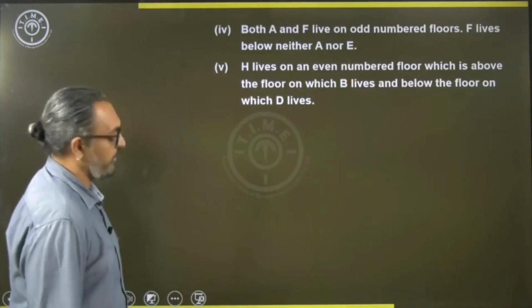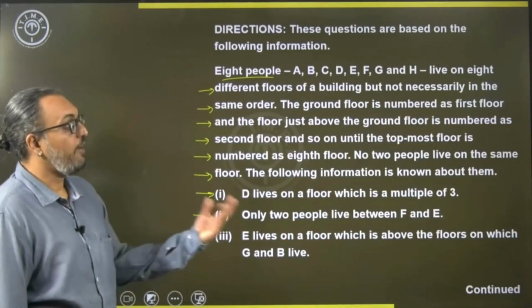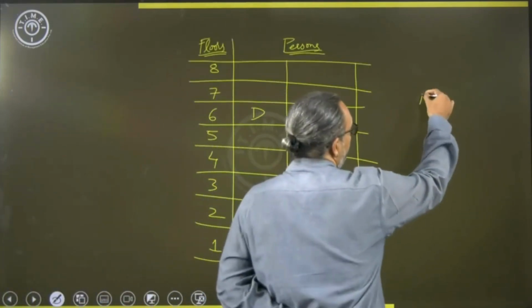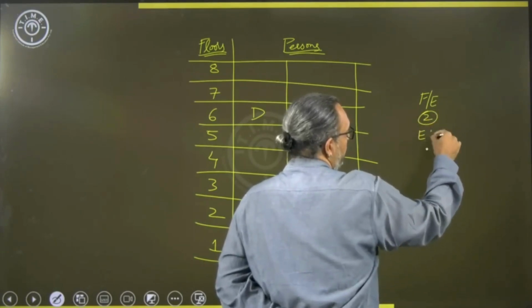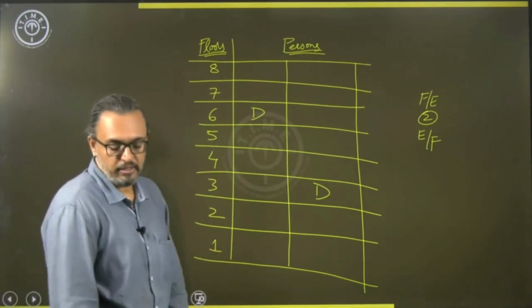Then, next. Only 2 people live between F and E, okay. So only 2 people between F and E, I don't know whether F is above E or below E. We'll come to that. Further,